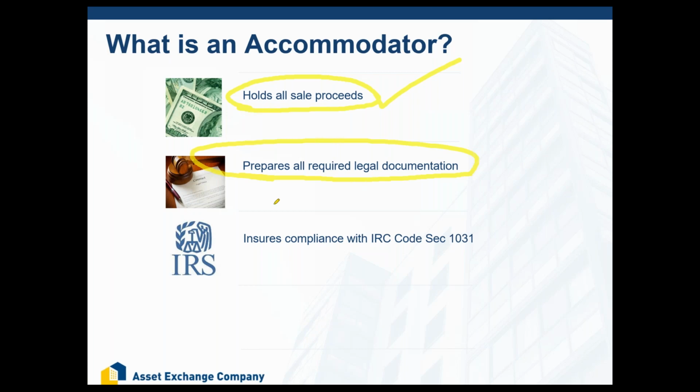And number 3, we are going to make sure that you are in compliance with all of the rules and regulations for Section 1031. This is important because you don't want to have an audit and have your exchange disqualified, or worse yet, have an auditor determine that you committed tax fraud and you end up in jail. And this does happen. This absolutely happens, and people do end up being audited.